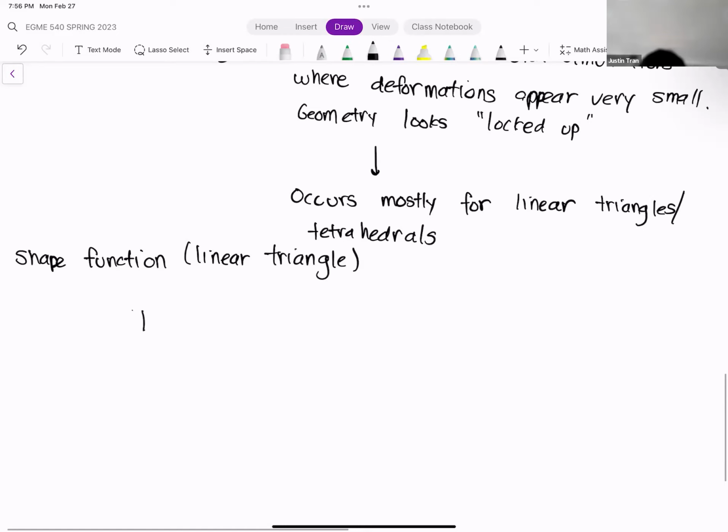Okay, so if we look at our shape function, it looks like this. And let me change the notation here. So instead of dt here, I'm just going to change it to u. It's purely cosmetic. You can use t, but I'm about to take the derivative of this. So u looks a bit better.